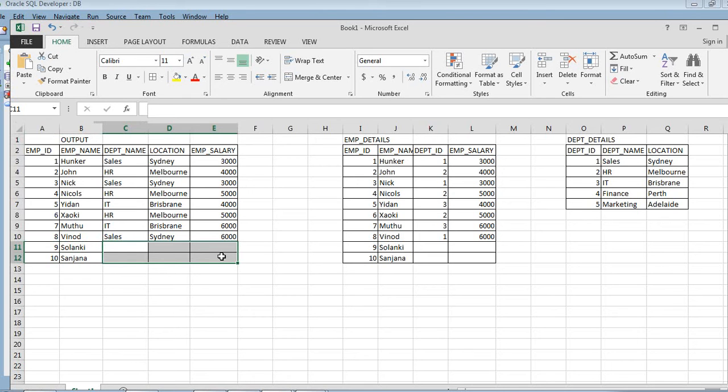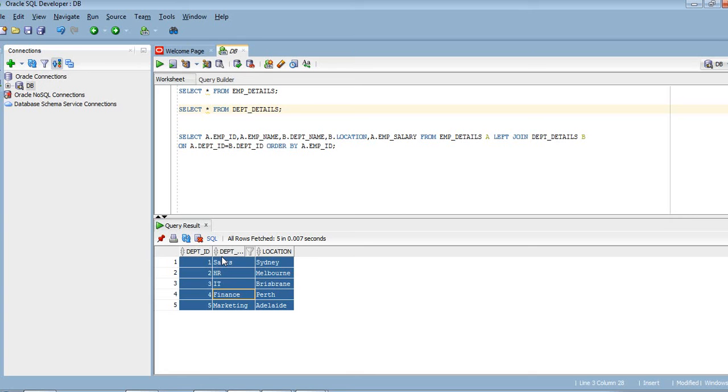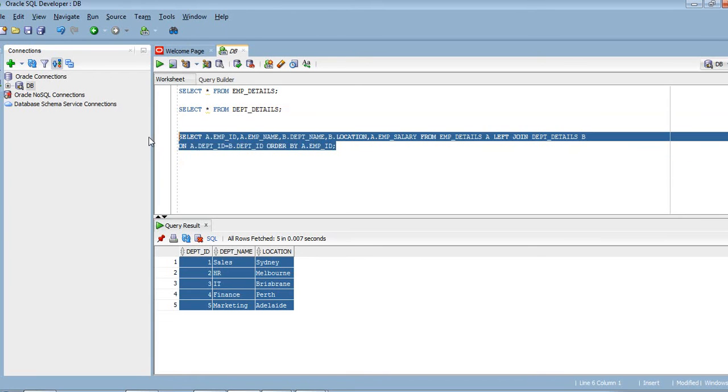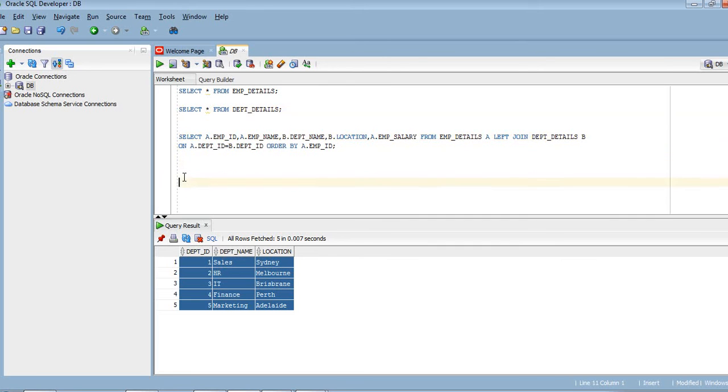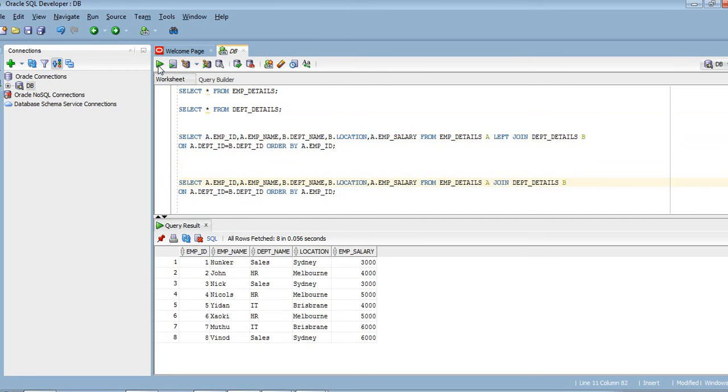What we have received lastly in inner join, let me show again so that we can tally the result of inner join and left outer join. So let me run the query of inner join. Let me copy the existing query. As we have mentioned, we can do it by only join. So let me run the query.